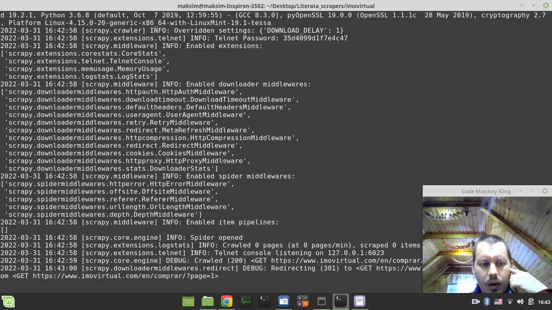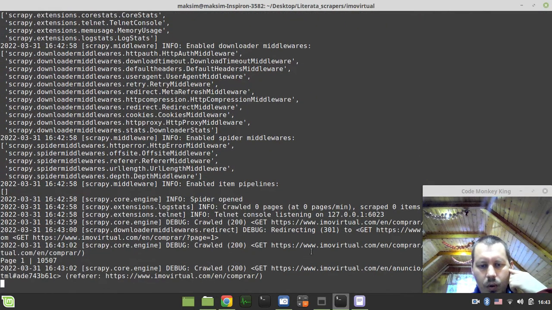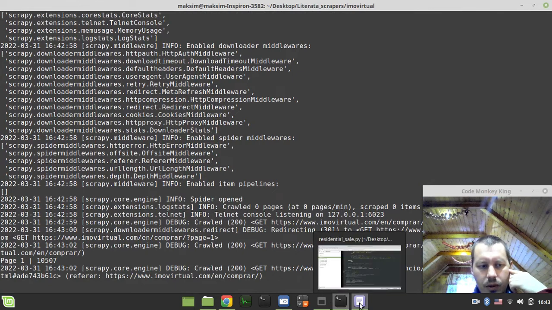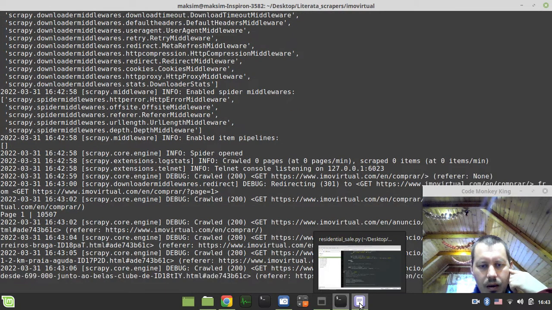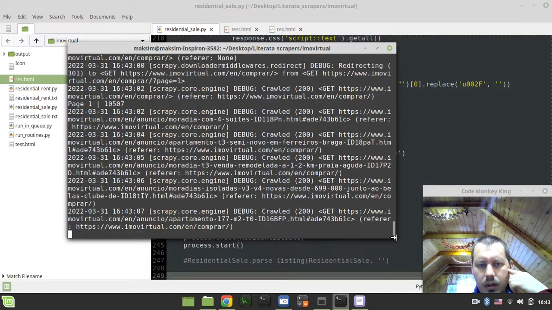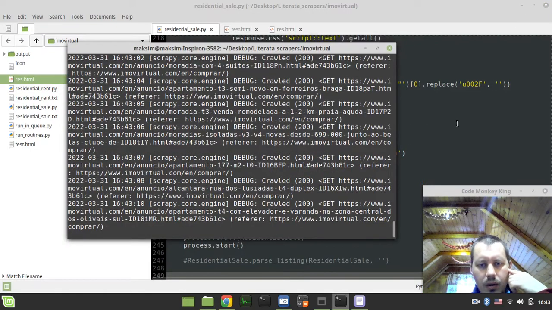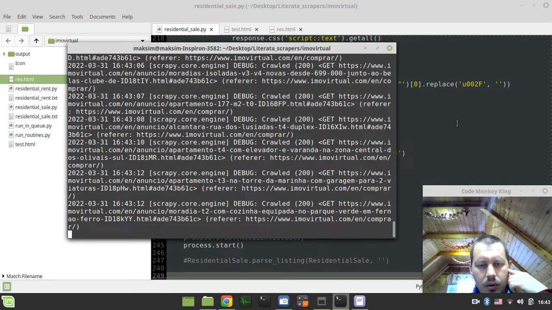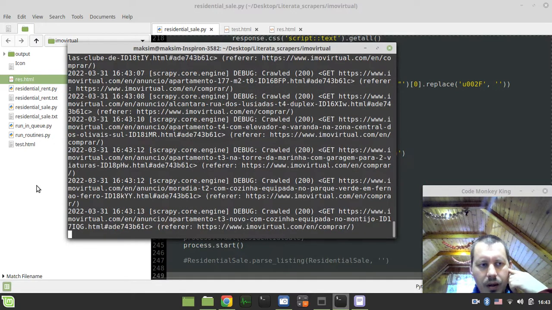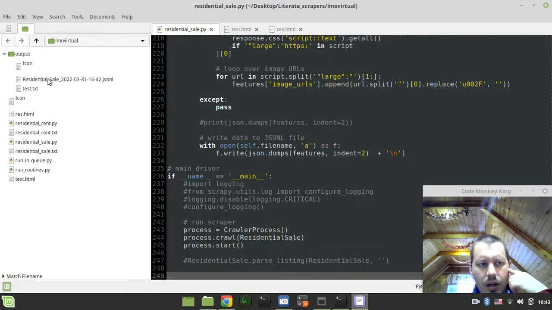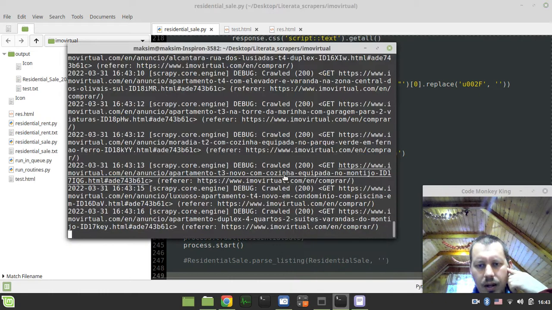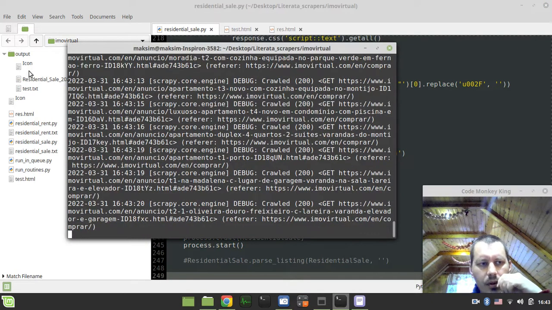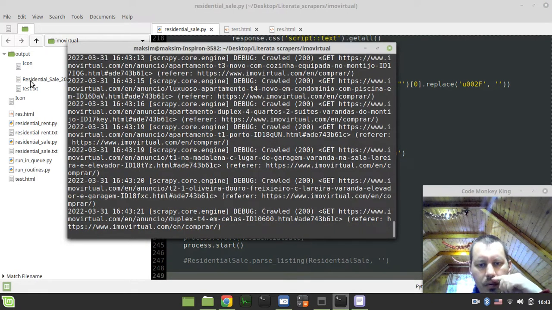If I did everything properly, it should now walk through several properties. And while it goes, I can minimize it already. By the time it goes, to be honest, yeah, okay, here is the residential sale, alright. So there should be a whole lot of those already.